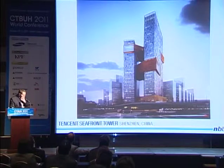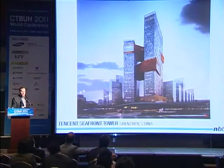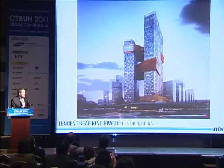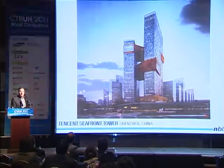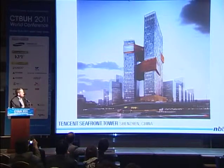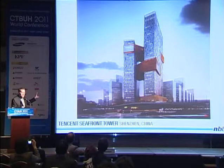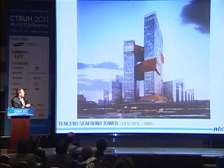So the final building I wanted to show you, and I chose to include this. This is not in Korea. This is a project we have ongoing in Shenzhen right now. I included this because programmatically it really follows in succession, and many of the ideas here are evolutionary ideas first hatched in NHN and in the Samsung Learning, and applied to a much taller structure,